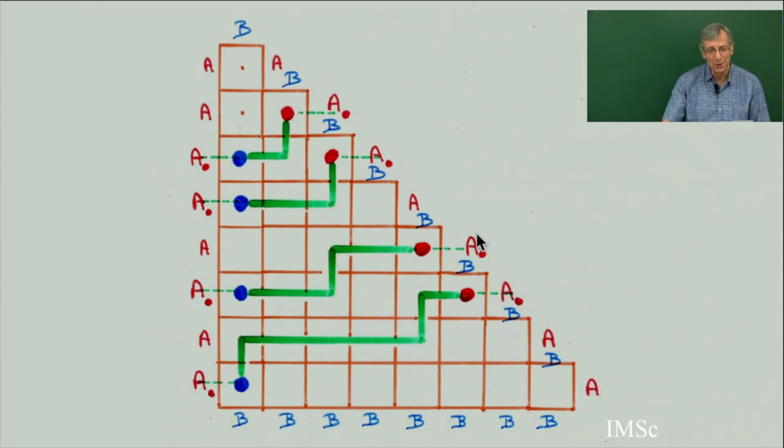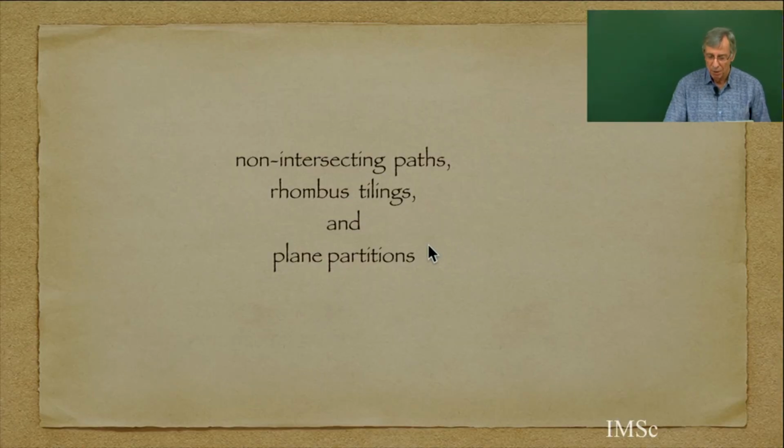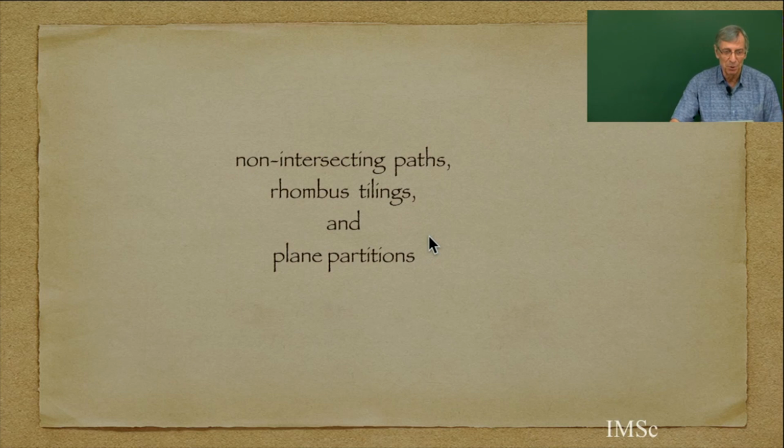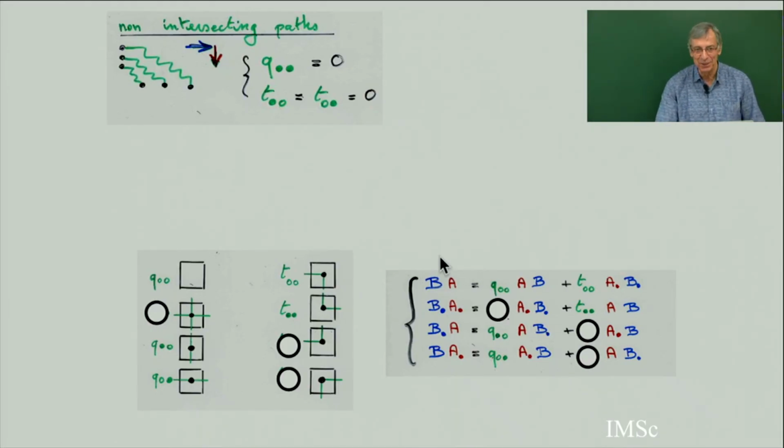The word W is a staircase shape, and so again this fits very well in the framework of the general 8-vertex algebra, where 3 of the coefficients are 0, or in fact only 2, because the other coefficient will not be used. So the remark about rhombus tiling, plane partition, is that they have the same system of equations. So this was the system of equations for my non-intersecting paths. Now I have changed the 0.